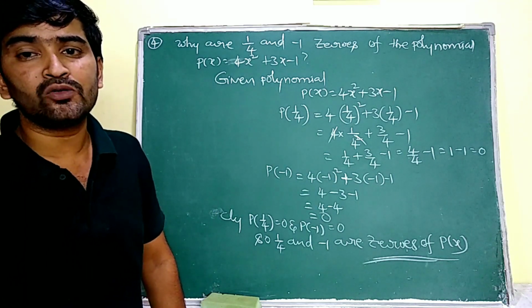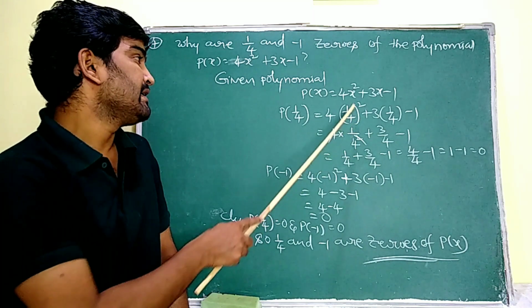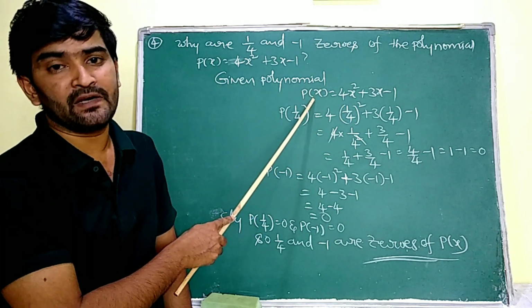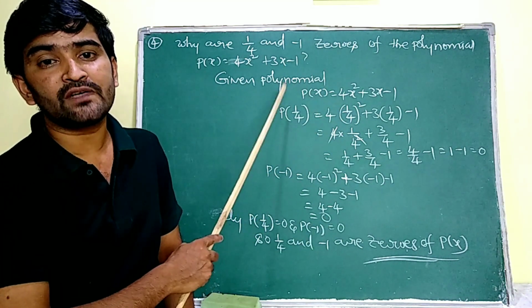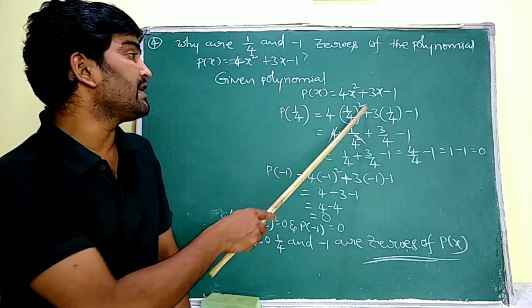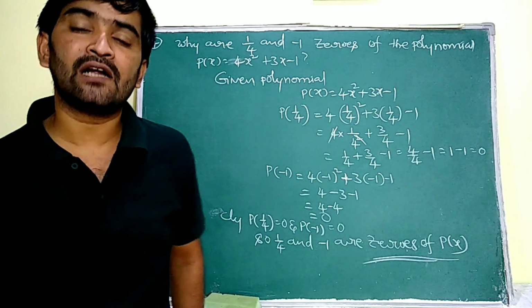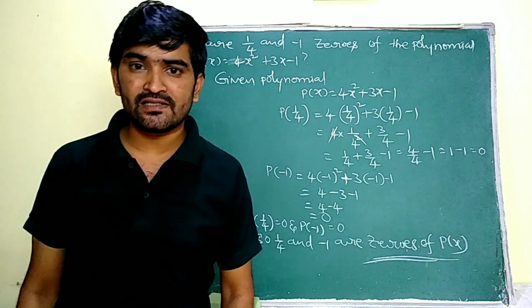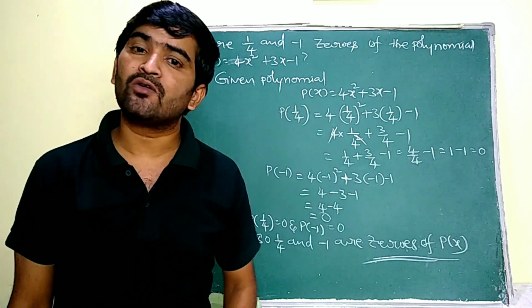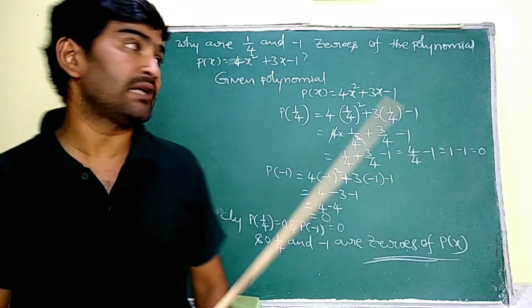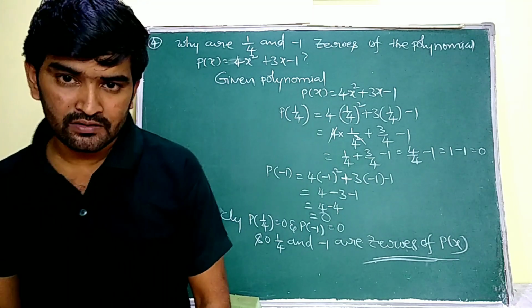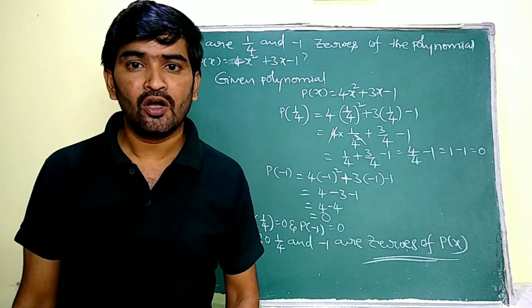Else you may do the same problem by just finding the zeros of this p of x. To obtain the zeros of this polynomial p of x, we have to equalize it to 0, ma. Then after we have to factorize this. Okay, at last we are going to obtain the values of x as 1 by 4 comma minus 1. Okay, and that is the second method. Okay, na, ma?